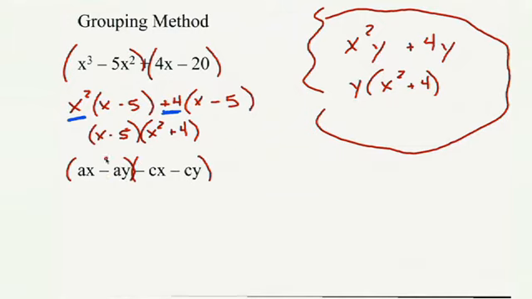Just look at this parenthesis. We have an a that is common. And what's left? x minus y. Again, a times x is ax. A times y is ay. In the second one, we are going to pull out a negative c, just as Bill said, when it's negative. You'll notice if we do it that way, negative c times positive x is negative cx, and negative c times positive y. Yeah, there's a typo in this problem.